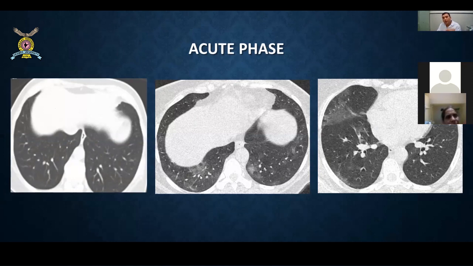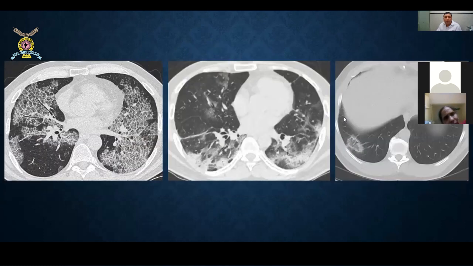Subsequently, over a period of time, the patient develops small ground glass opacities, which are typically peripherally placed, in a subpleural location involving both the lower lobes. And subsequently, as the disease progresses, it spreads to the other lobes. Then, in the further course of the disease, you will see development of interstitial thickening, producing a crazy paving appearance, and development of multifocal consolidation, and the reverse halo sign or the atoll sign.